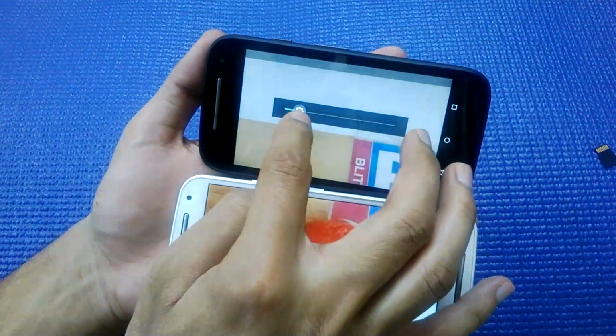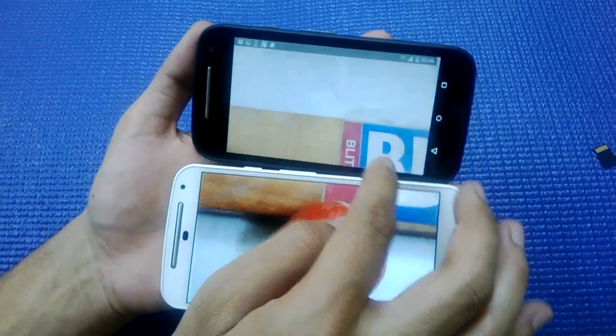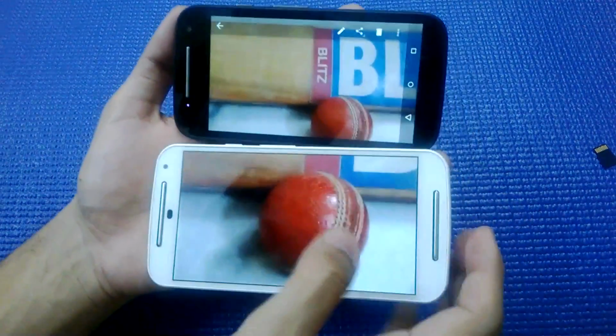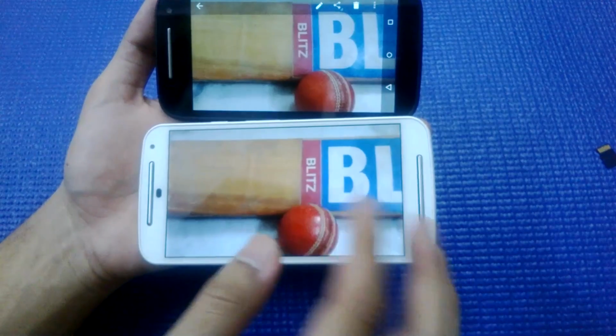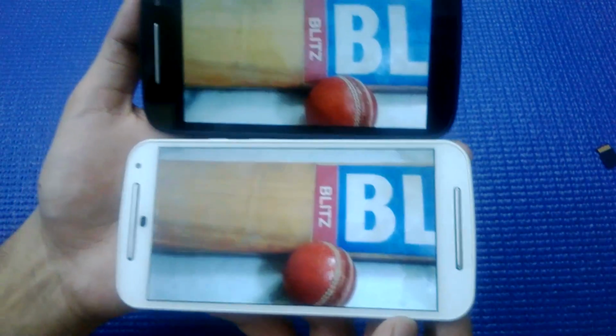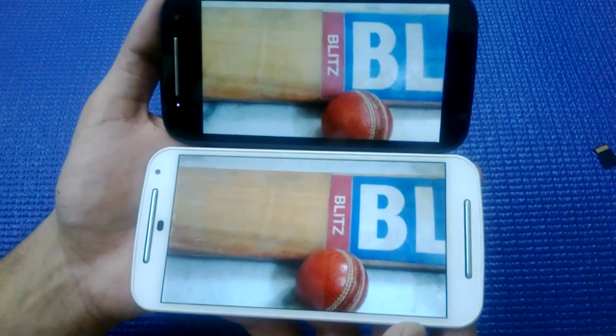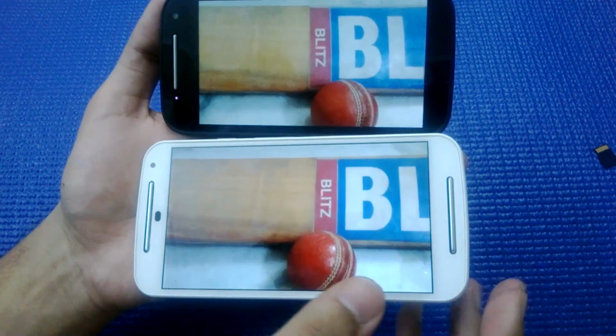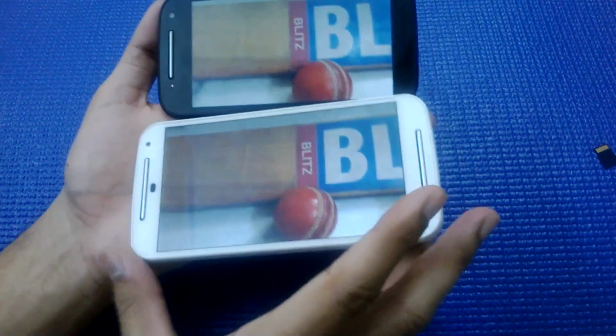Let me turn on the brightness a bit. The image is coming out much lively and better in the Moto G second gen, pardon me,